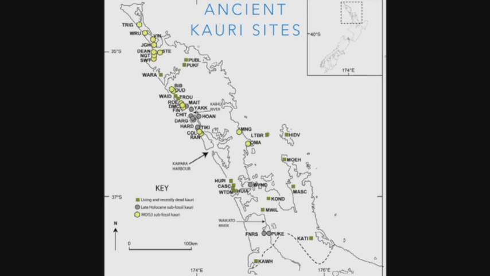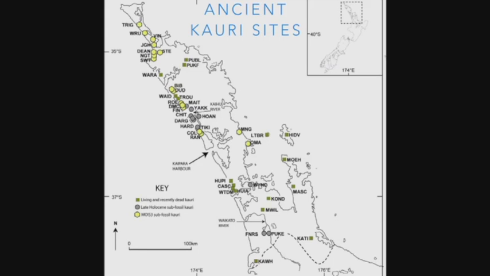So can we use kauri, and can we bring the mid-latitudes, the low latitudes where people live, into what's happening in the climate record preserved in the ice? We've been developing now, with Jonathan in particular, a series of really old chronologies all across Northland in New Zealand. There's about 20 of them or so now.